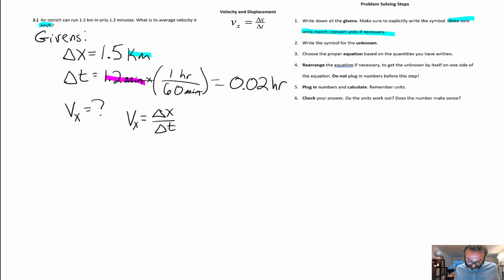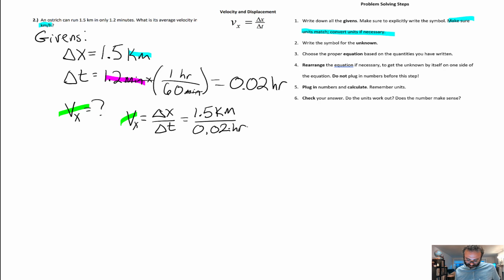I don't need to rearrange this equation since the Vx that I'm looking for is all by itself on one side, so I can go right ahead and plug in. I know that my delta x is 1.5 kilometers. I wrote that down in my givens. I know also that my delta t is 1.2 minutes. I wrote that down in my givens, and I've converted that to 0.02 hours